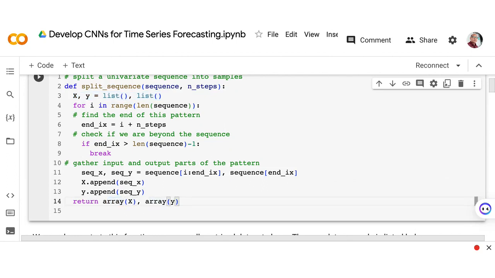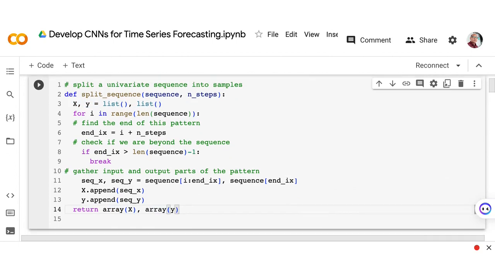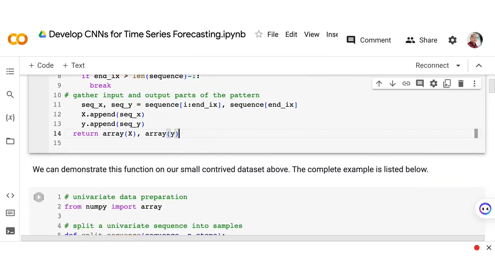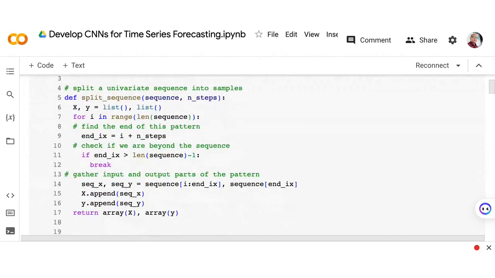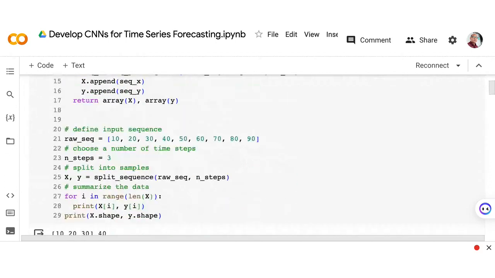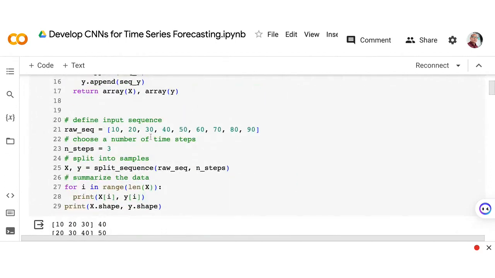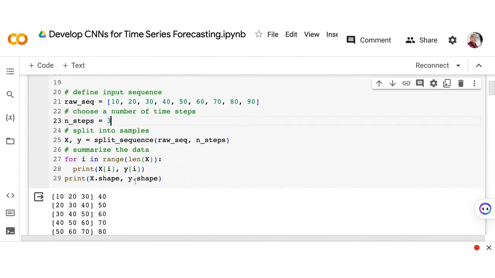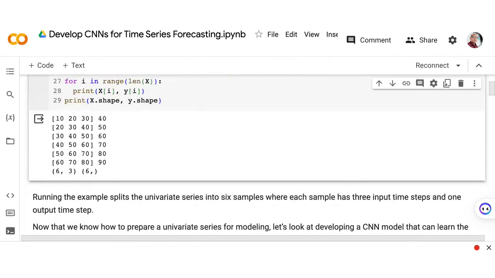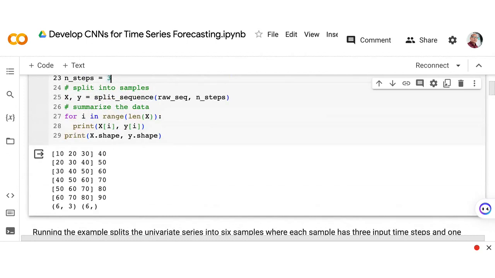Then we can define an input sequence, as you can see here, from 10 to 90, and then we have a number of steps as such, so that the resulting data set for x and y will look something like this.